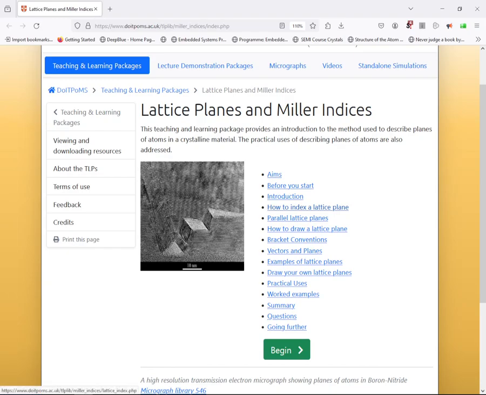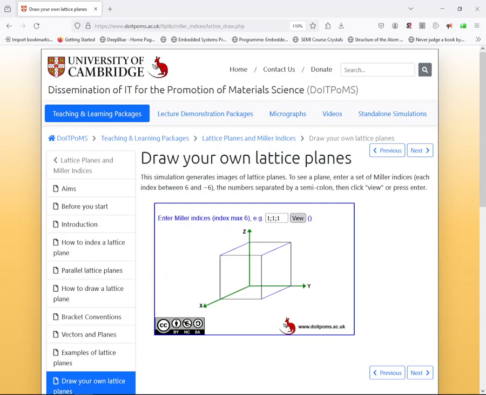It has lots of information regarding lattice planes and Miller indices. You can go to draw your own lattice planes. Click on that. Here, for example, 1, 1, 1. Click on view. Here you can see it is touching the x-axis at 1, the y-axis at 1, and the z-axis at 1. So this triangular plane represents 1, 1, 1.